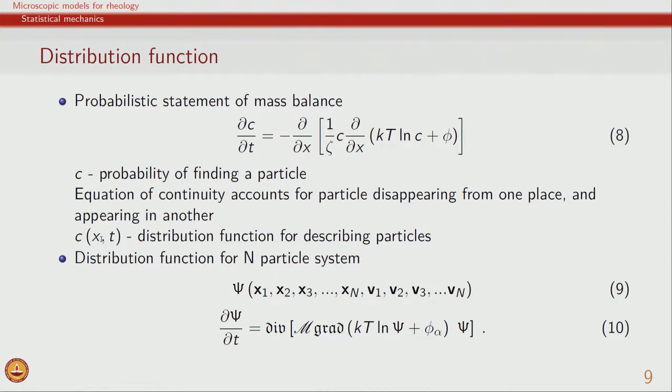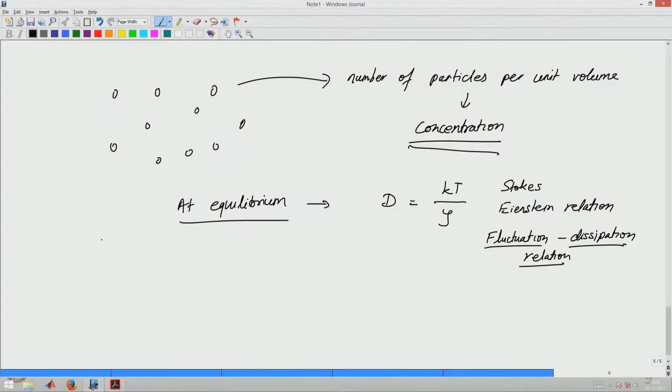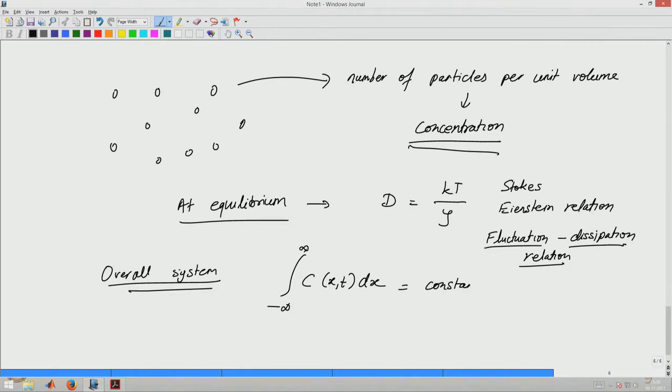And of course, when we do this for the overall system, from minus infinity to plus infinity, which means the overall system, then this is a constant value, because the overall number of particles does not change. And so, this is again very similar to a probability distribution,